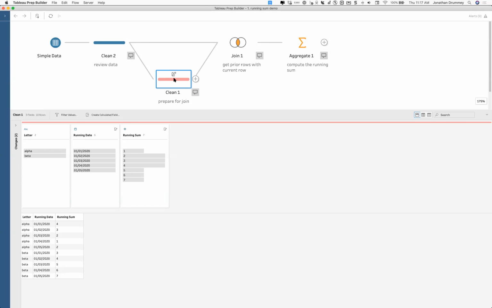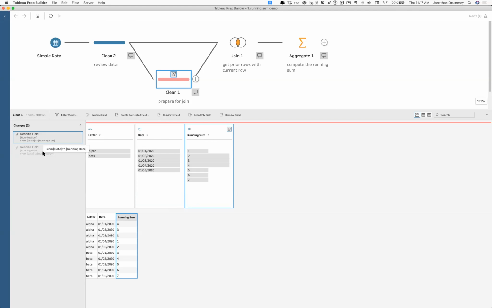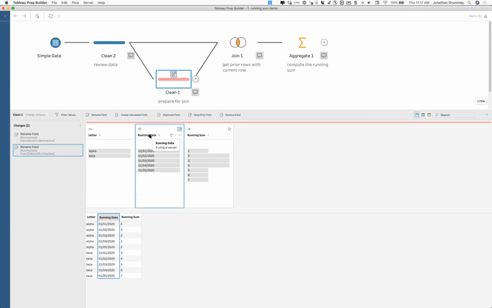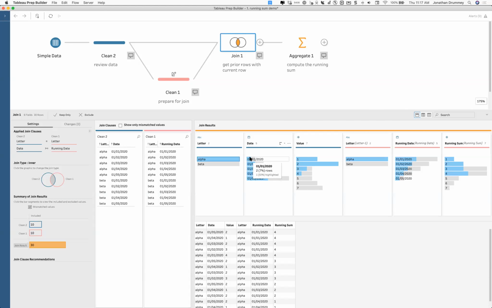This clean step is just preparing for the join, and the changes that I made here, I just renamed the field. So I renamed my value to running sum, and I renamed my date to running date, just to make it a little easier to pay attention to what's going on, because it can be very easy to get confused. And then I created the self join here. So letter is letter, and then my original date is greater than or equal to the running date. So if I look at alpha, on January 1st,